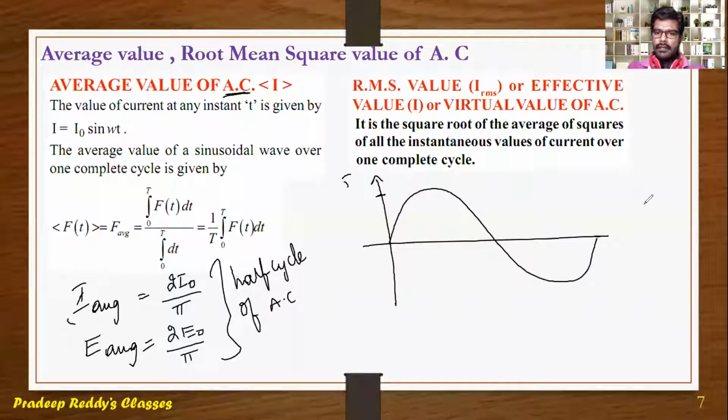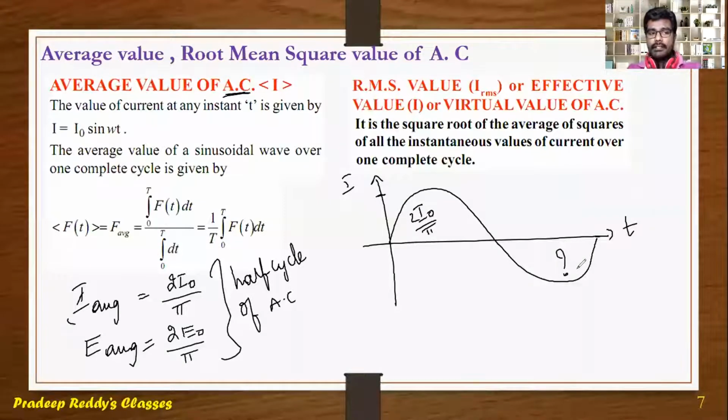It is I and this is T. We have only calculated this average value. It is I naught divided by 2, I naught divided by pi. This is only for this cycle. What about this negative one? In order to contribute, like this half, this negative value is also contributing some EMF.